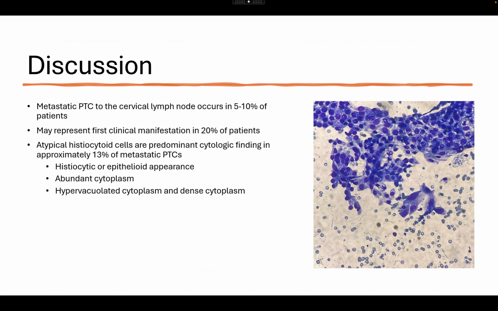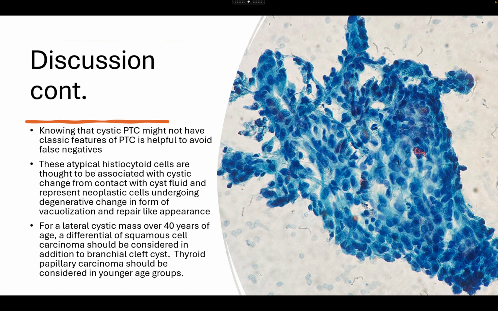You might not have inclusions. You may not have nuclear grooves. And knowing that cystic PTC might not have the classic features of PTC is helpful to avoid false negatives. With these atypical cells, you don't want to call this a cyst or a branchial cleft cyst, and this patient actually has